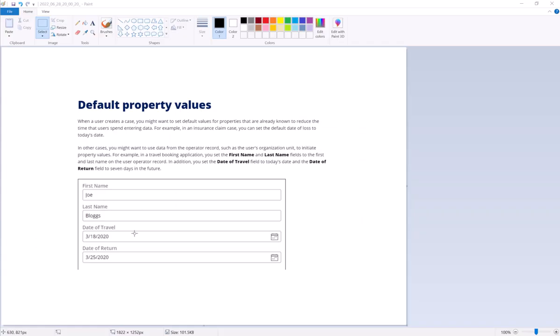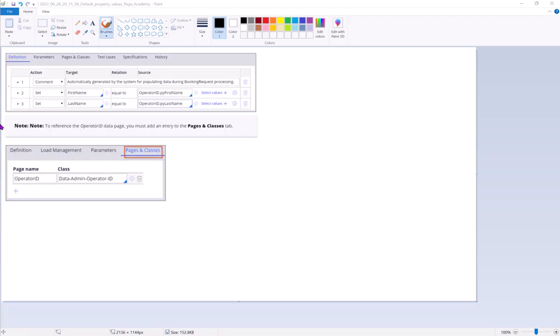Say you want to pre-populate the date of travel and date of return, because you already know the difference between the date of travel and the date of return. In such cases, you can use a data transform. So as you can see here,